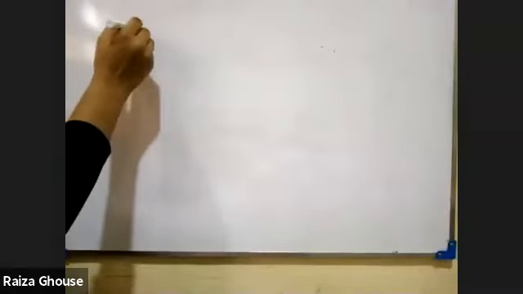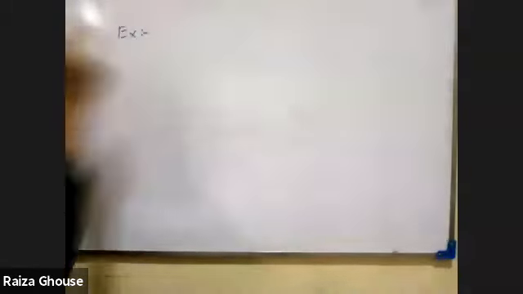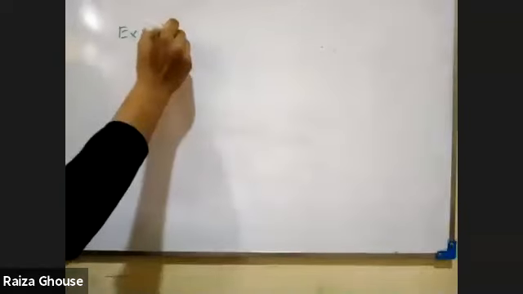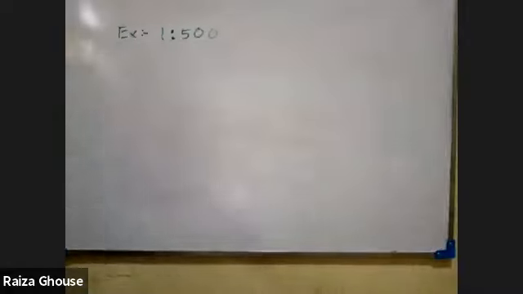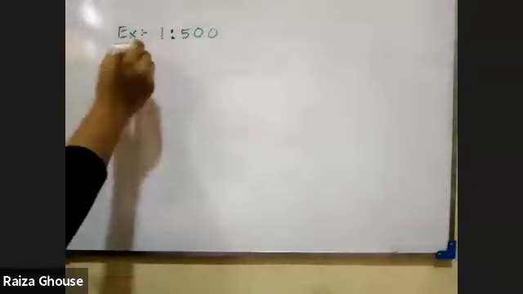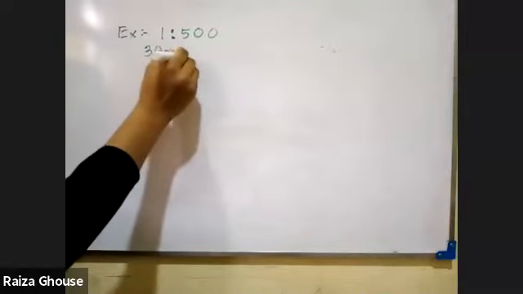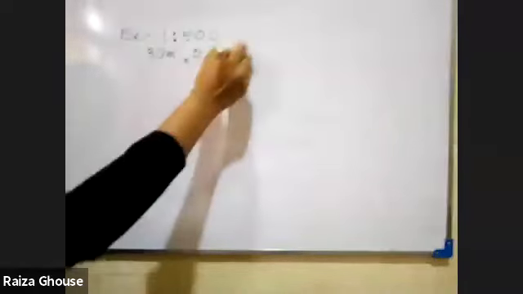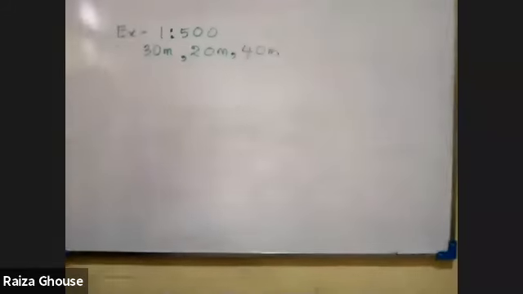Okay, the topic is there, children, in your book. Topic number 28.2. We are going to find the scale length when the scale and the actual length are given. So, for example, listen carefully with your topic. Let me take a scale like 1:500. I'm giving you the scale. That means in your question paper, they are giving you the scale, and then they will give you the actual length, I mean the measurement: 30 meter, 20 meter, and 40 meter. Actual lengths are also given.